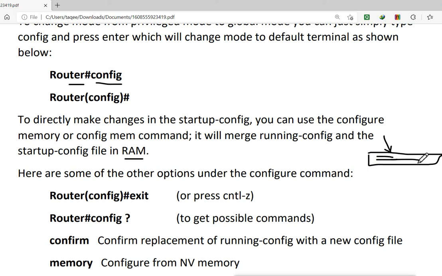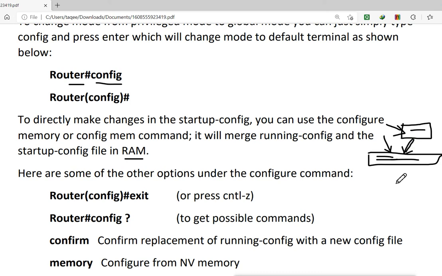So we save the configuration into NVRAM. Next time when you boot, your configurations will be loaded from NVRAM to RAM. So our configurations are saved into NVRAM, and when you restart the router, they are loaded from NVRAM to RAM.